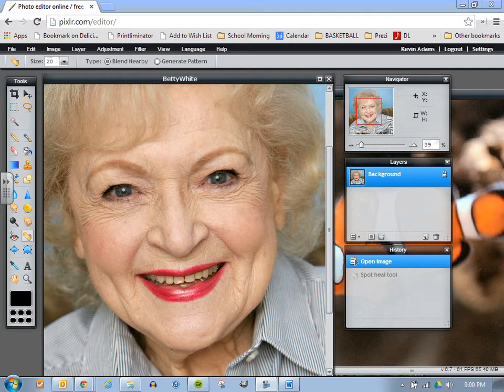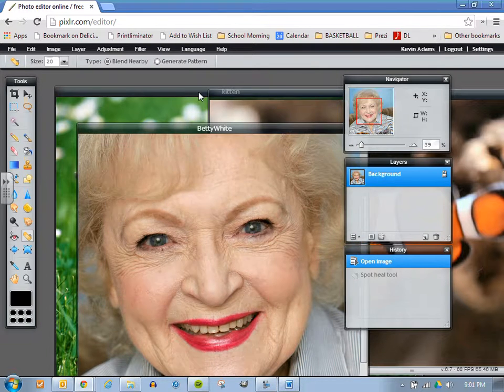Okay, so this is Pixlr video number 3, and we're going to look at the last few tools over here below the tools we've been using. So we're basically in this section for this video. First tool is the blur tool, and for the blur tool, I'm going to use this image of a kitten